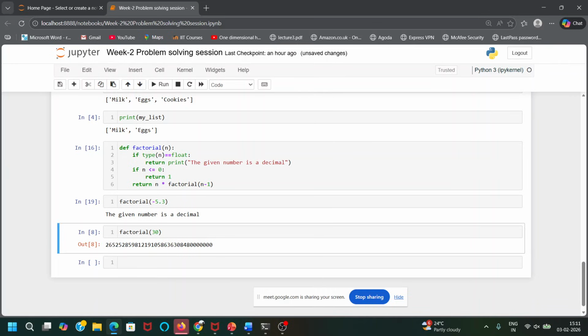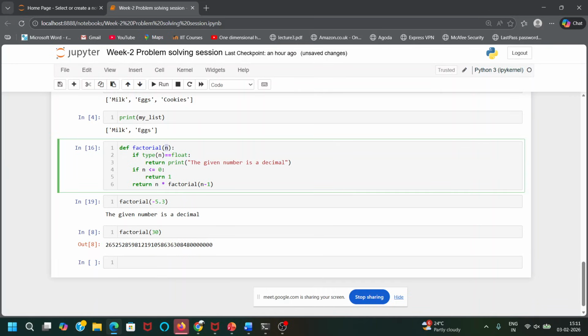In this function, whenever I give some number to it, let's say 5, it will first check if the type of the given number is integer or float. If it is a float, then it will directly say the given number is a decimal.